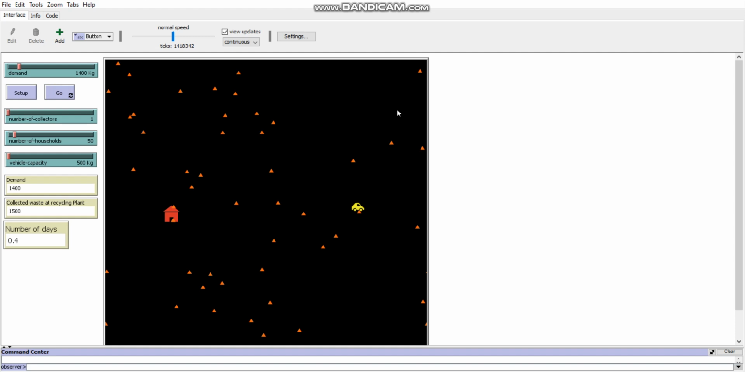Here, though the collector moves here and there like this, it won't collect any waste because it has already fulfilled the demand. So as I said earlier, for one collector with a vehicle capacity of 500 kilograms, it took 0.4 days. And now in the second scenario, if we increase the number of households to 100,